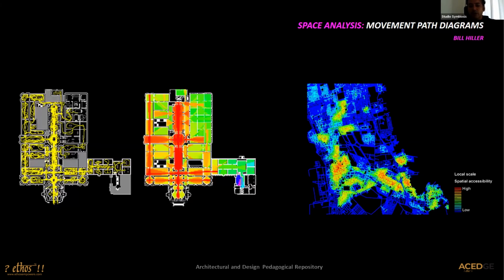Now agent-based modeling is being done and other things are done. And then going to the city scale, space syntax is again the masters. Bill Hillier is the guy. So here in this particular case, on the extreme right, they are doing a city-based mapping of the hotspots of the city. Even now, if you're doing master plan studies, say there are railway stations, you have to take 5 kilometer, 2 kilometer radiuses and analyze the traffic and the movements. So this is where this diagram comes into play to help you resolve it. The left two are for spatial analysis for a small architectural space, and the right one is for city level analysis.